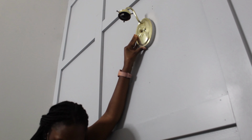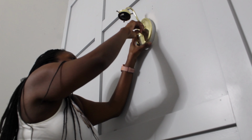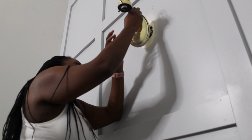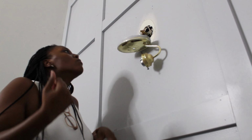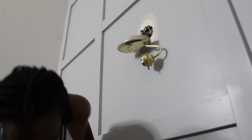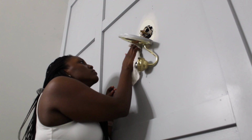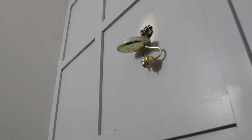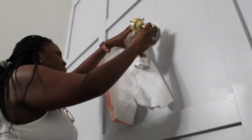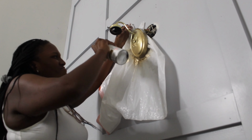I'm changing out the cover and spray painting the base of it, just because that glass part was so dusty. I don't know why we haven't cleaned it in so long, but it was dusty, so I decided to change out that glass part and just bought another one for about $6 or $10, and it updated it so nicely. It will hold and do for now, until I find the light that I love